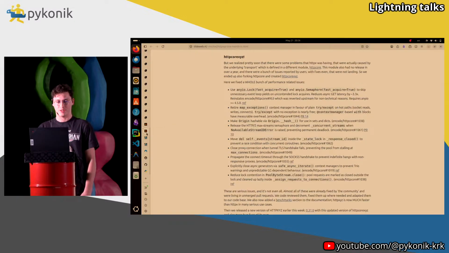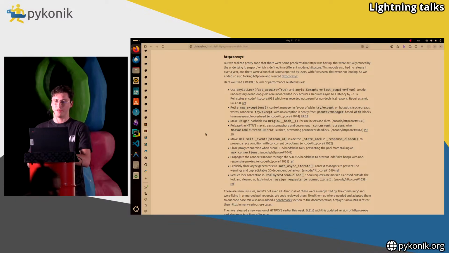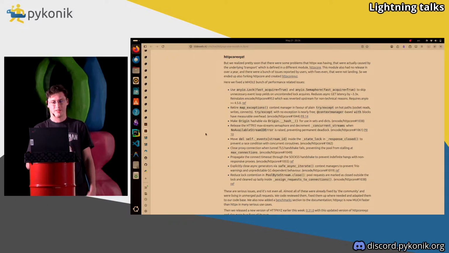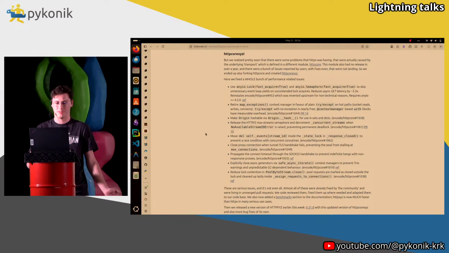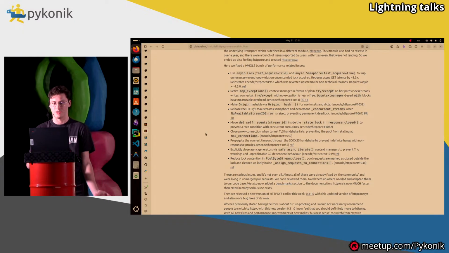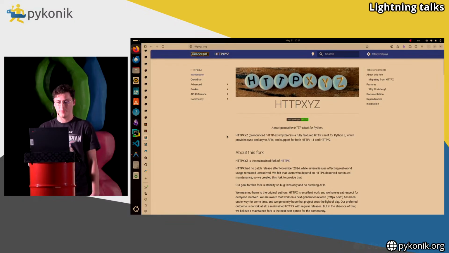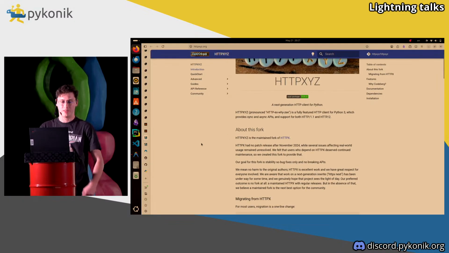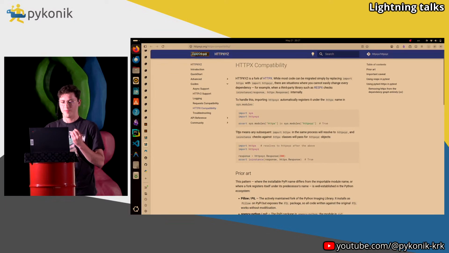And after a month or so, he also discovered that forking HTTPX isn't enough because it highly depends on HTTP core, which is also a library maintained by the same author. So he had to fork this one too, and while doing so, fixing a lot of bugs or inefficiencies or bringing some new features such as, I don't know, hashable origin or so on. And you can find documentation for HTTPX-YC easily, but there's one interesting thing about it, which actually caught my eye,